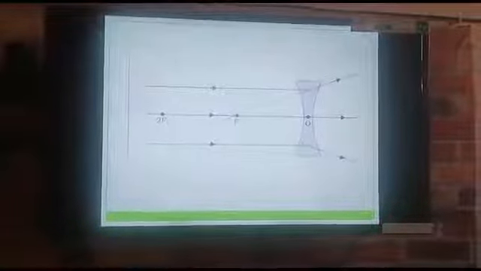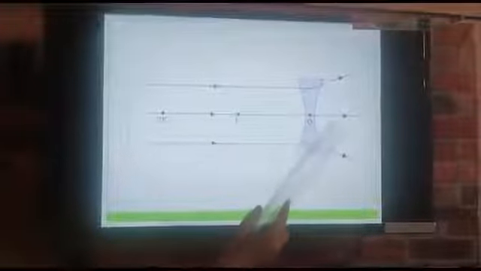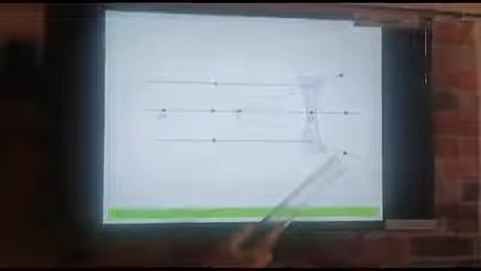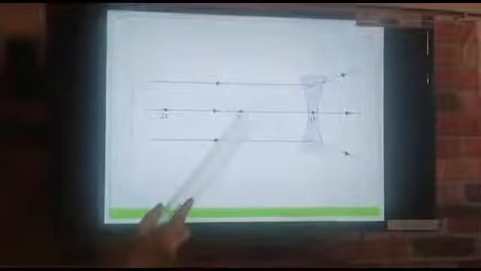After the convex lens, the next one is the concave lens. This is the optical center, the center of the lens, and the line which is passing through the optical center is the principal axis. These are the two light rays which are moving parallel to each other and also parallel to the principal axis. And these light rays, after passing through this concave lens, diverge over a larger area. If we extend these refracted rays backward, both of these rays will meet at one point on the principal axis. This is the virtual focus of the concave lens.